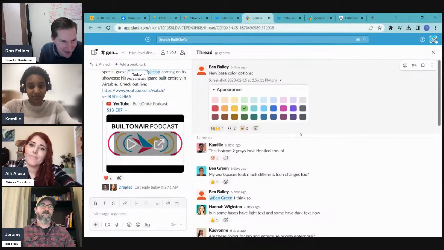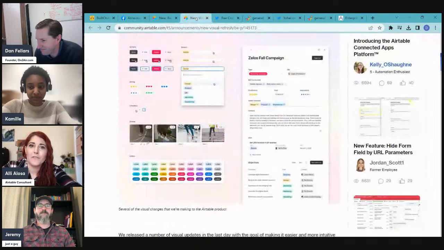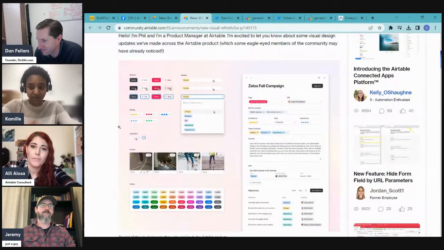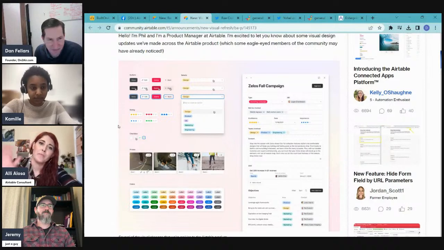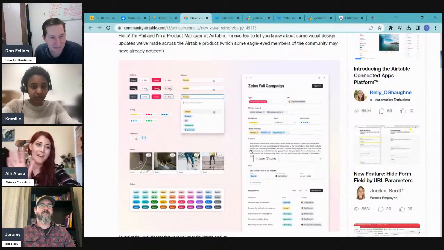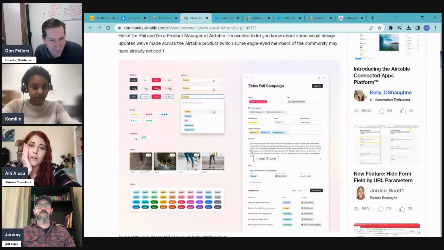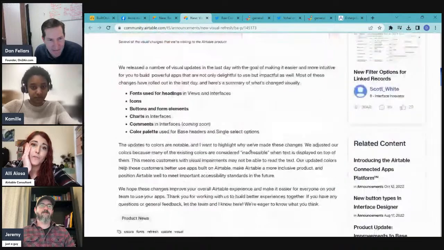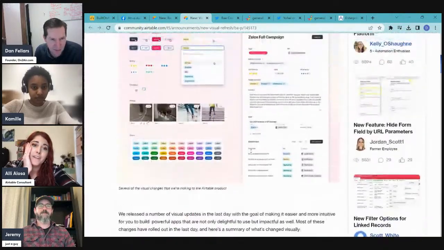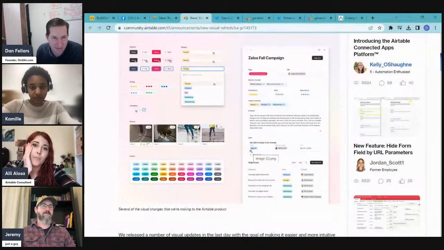Initial reaction, Ali? I noticed it. It was funny. I had two different tabs open while they were pushing these updates out, and one had the new look and one had the old look, and I was like, whoa, what just happened? I don't mind the colors so much. What I really want is the ability to choose these colors for any piece of an interface. With the buttons, you can only pick from four different colors, and your number elements are different. I just want the same color choices across the board. It would be great to have more control and flexibility there.